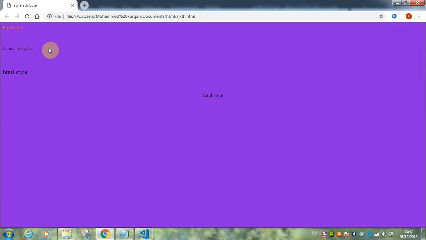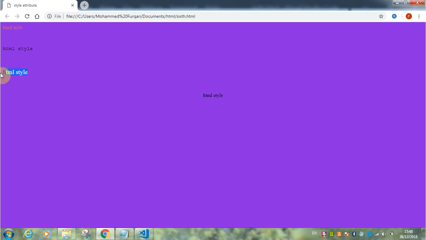And this is the output. So here is how the different style properties look. We have given the background color as purple or blue violet, and the text color as red, the text font family as Courier, and placed the text in the center with the align property, and here's the